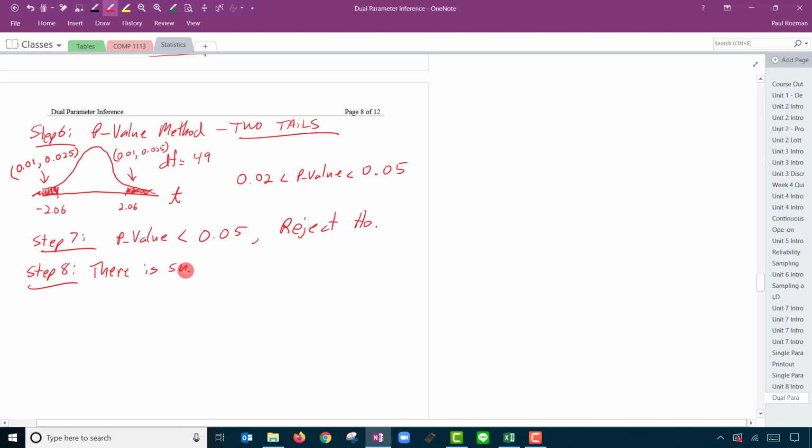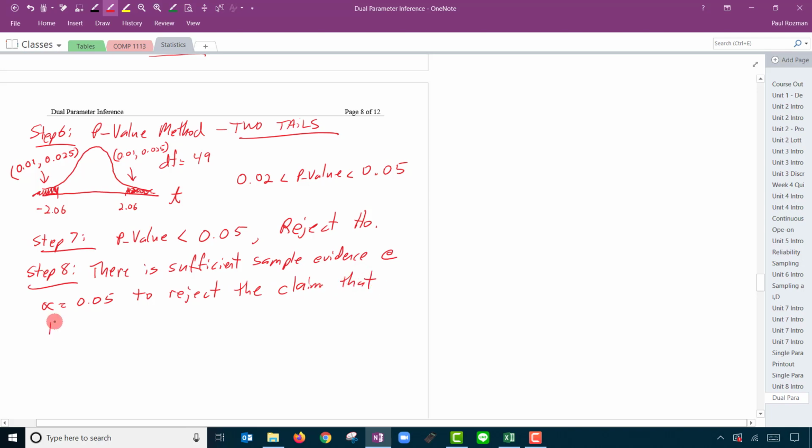There is sufficient sample evidence at alpha equals 0.05 anyway, to warrant rejection, or just to reject the claim